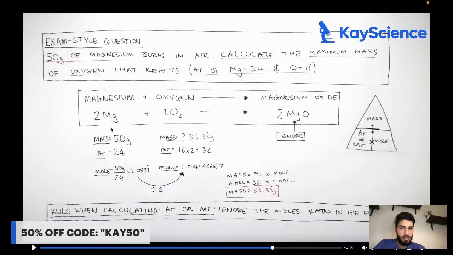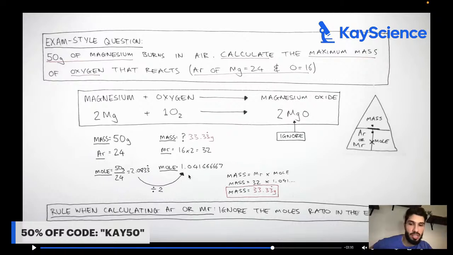So we can see from the question there is 50 grams of magnesium. The relative atomic mass of magnesium is 24. So we do 50 grams divided by 24. Okay, we're ignoring magnesium oxide. The question isn't asking us about it. The Mr of oxygen is 32. And then look, because the ratio is 2 to 1, we do 2.0833 divided by 2, and you keep your